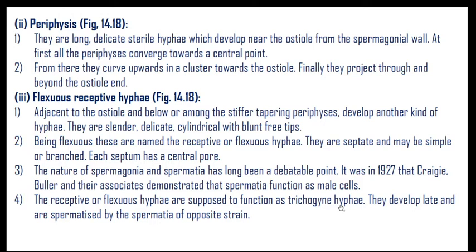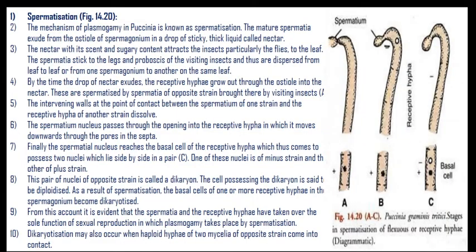They develop late and are spermatized by the spermatia of an opposite strain. So spermatization involves opposite sexes, having a positive strain and a negative strain. So these are some details about